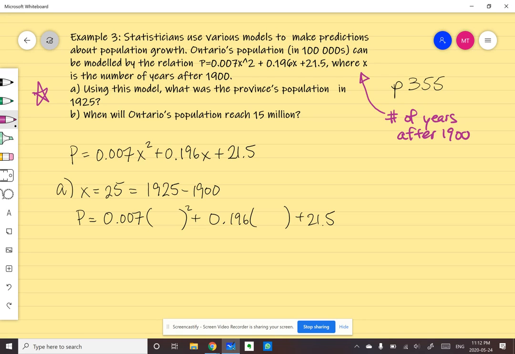Just using a different color to indicate that 25 years. And then when I punch it into the calculator, you can use Desmos for this, that's going to come out as